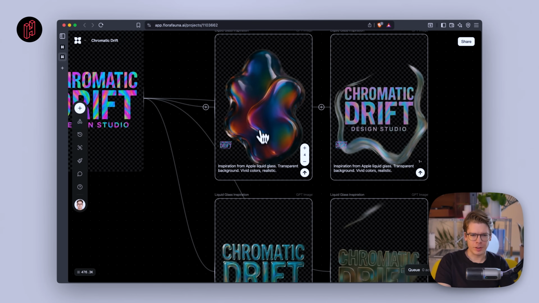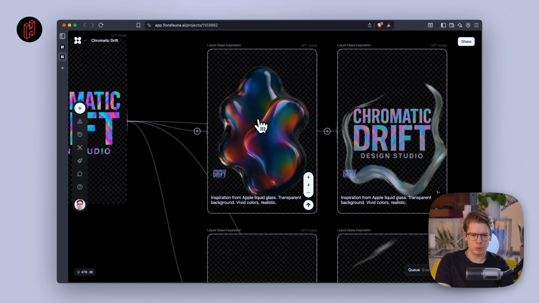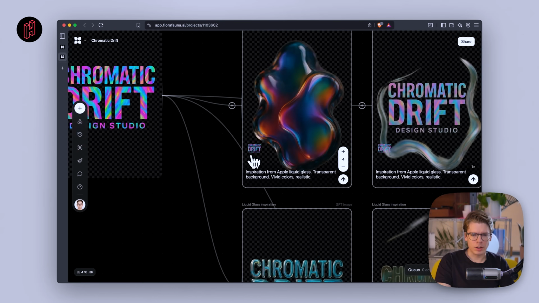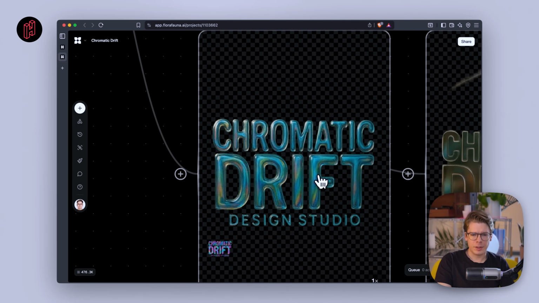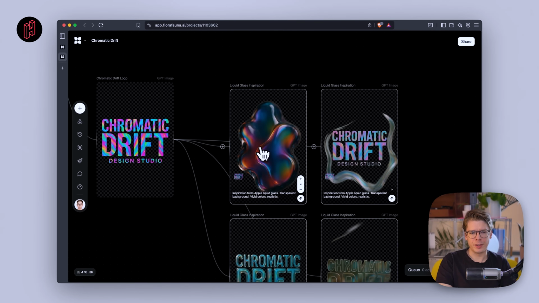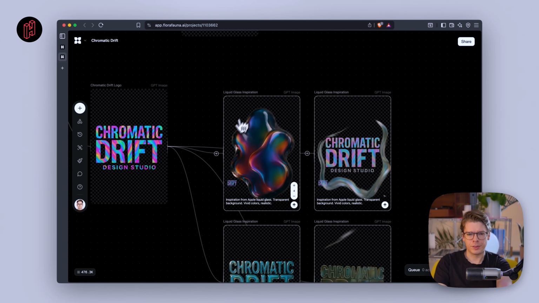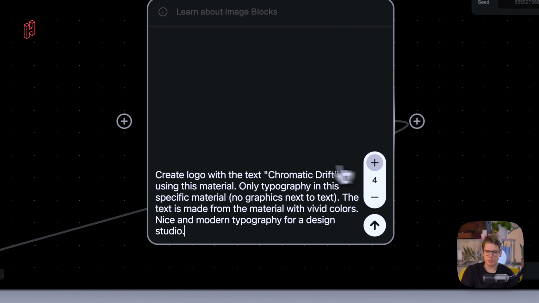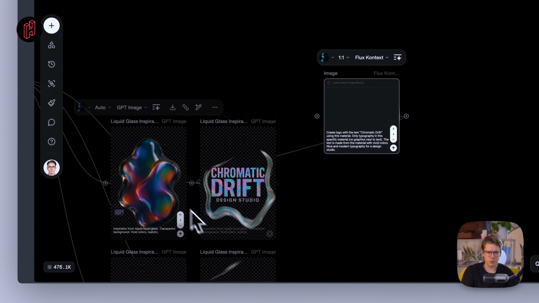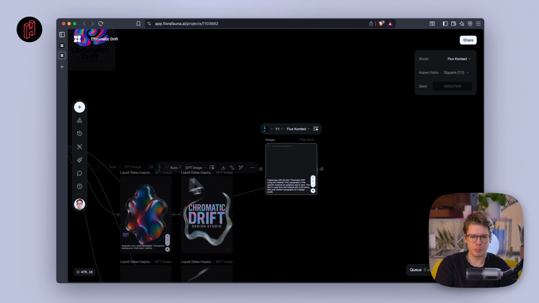I mean, this obviously doesn't have the text, but it does look pretty cool. I think this one is also quite cool. And I think we'll actually use this and then basically just say that we would like a text with this style. Okay, so I'm just gonna try to make an iteration with this material